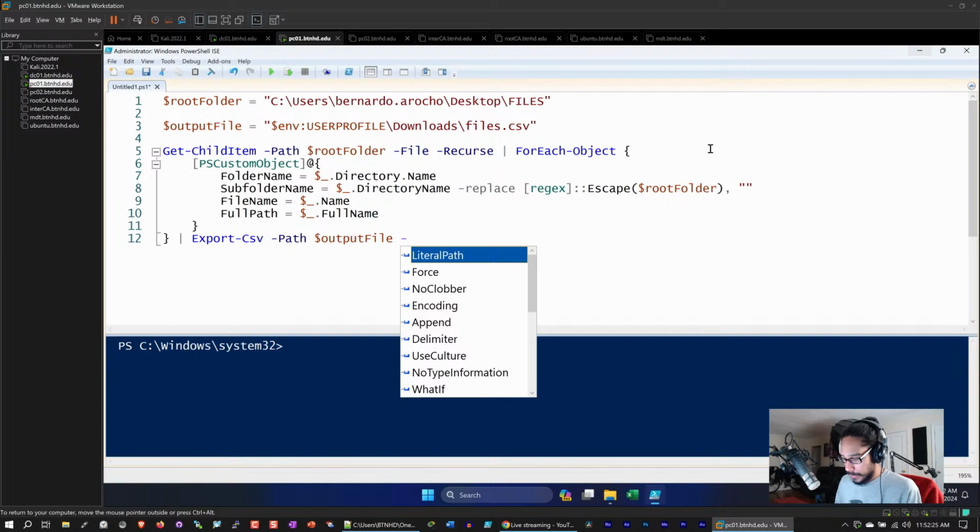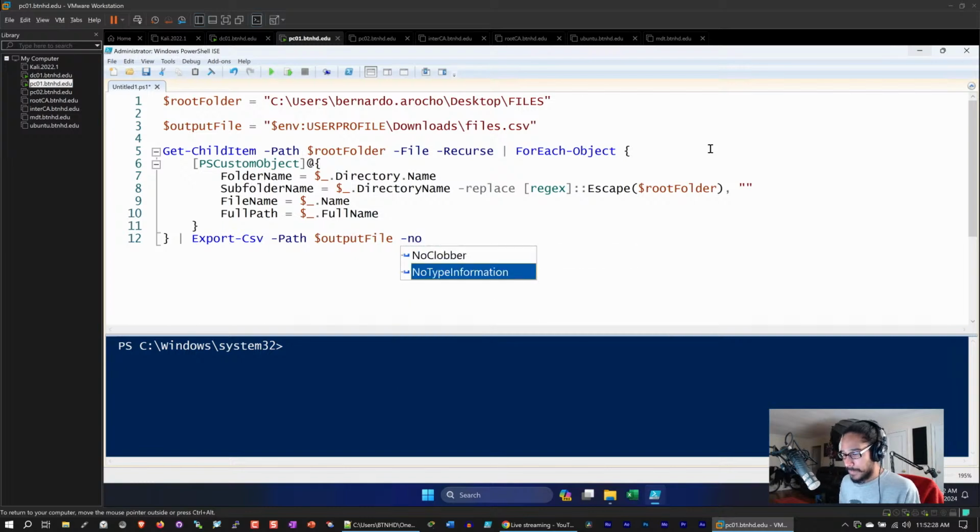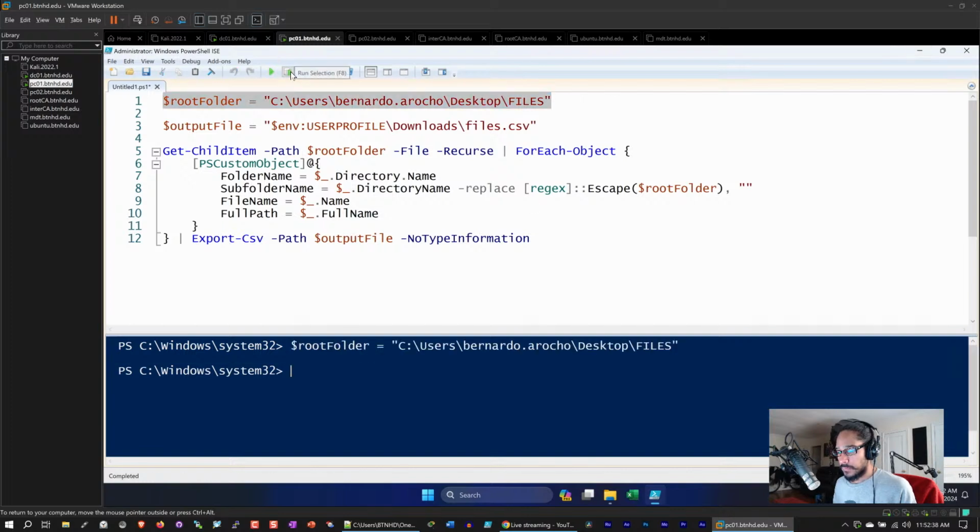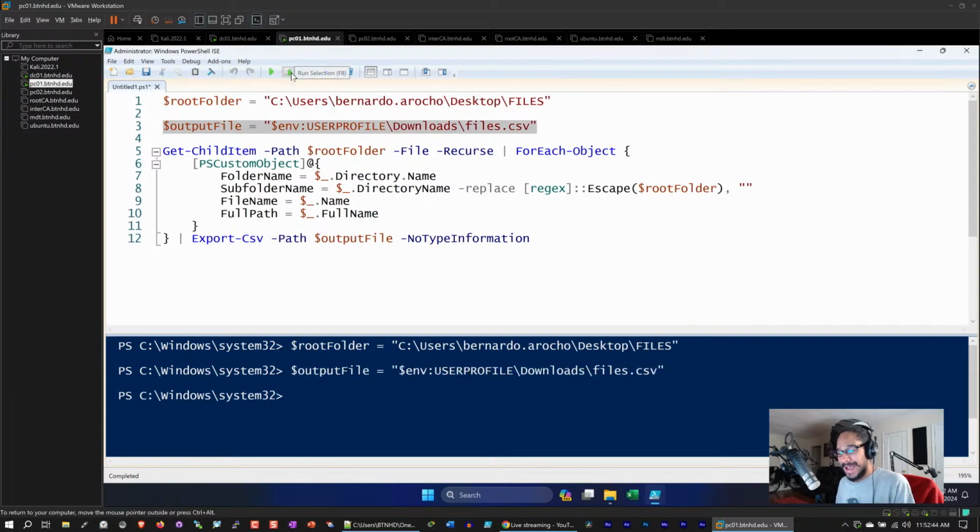We're going to use another switch of -NoTypeInformation. That's it. This is the script. All we've got to do is just run it. I'm going to run this first. Run line 1. Awesome. You're able to run line 3. You're able to just highlight everything and run everything in one shot, but I'm going to do 1 and 3